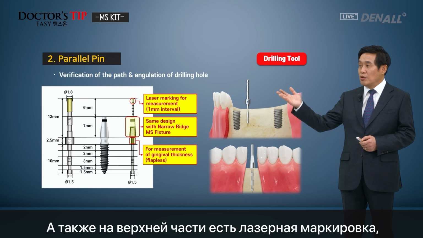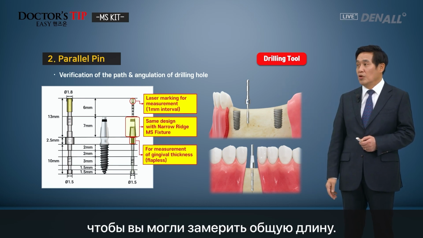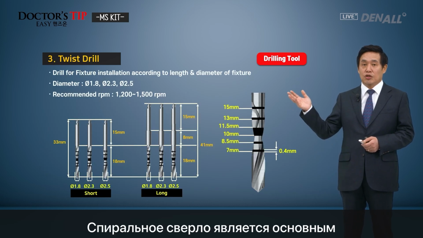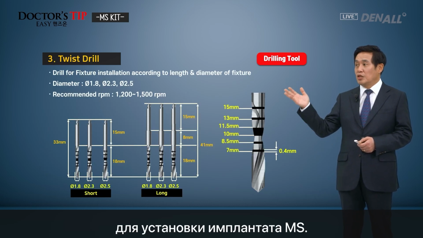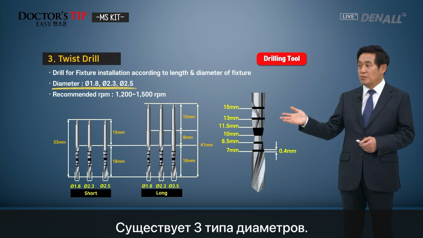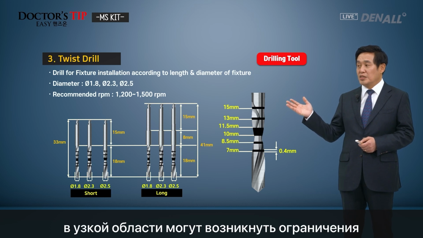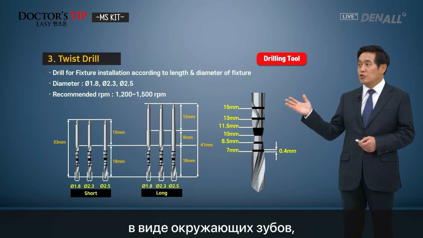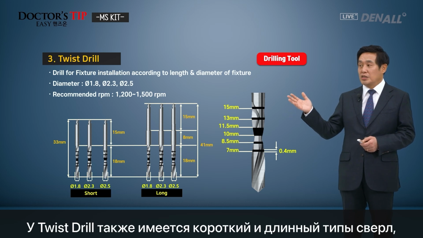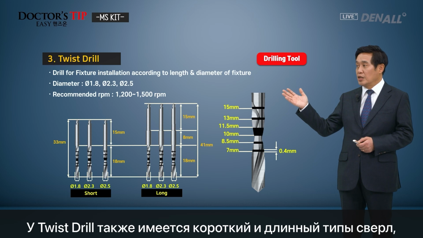And also on the upper part, laser marking is there, so you can check the overall total length. And to place the MS fixture, the twist drill is the basic drill to be used. There are 3 types of diameters. And also, as the lens drill, if you place it in a narrow area, there could be interference from adjacent teeth, so you have short and long types, and laser marking